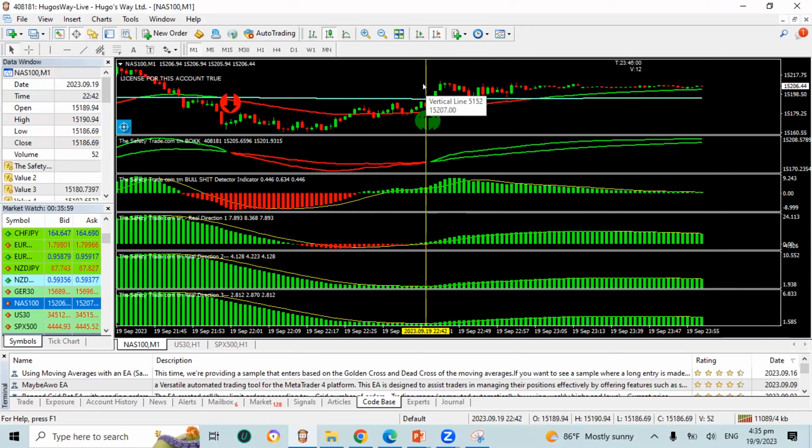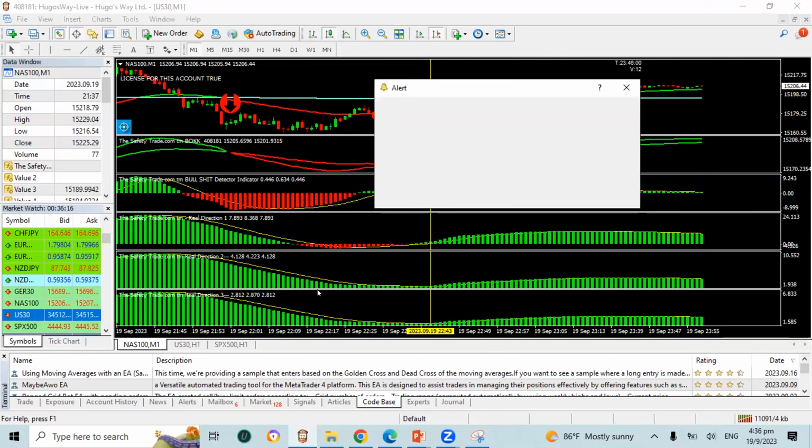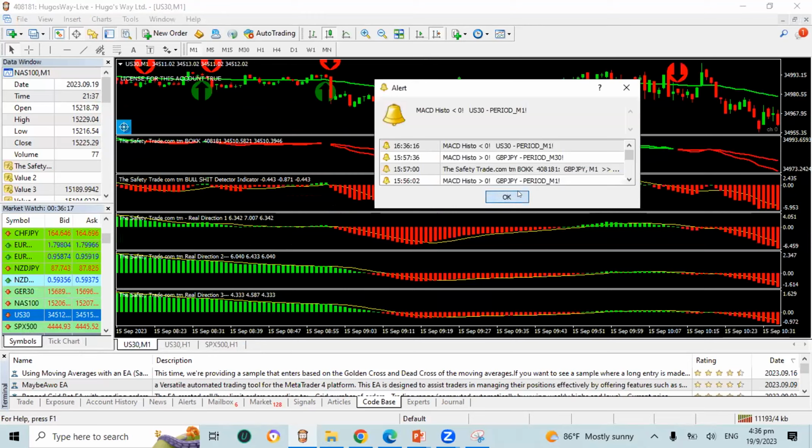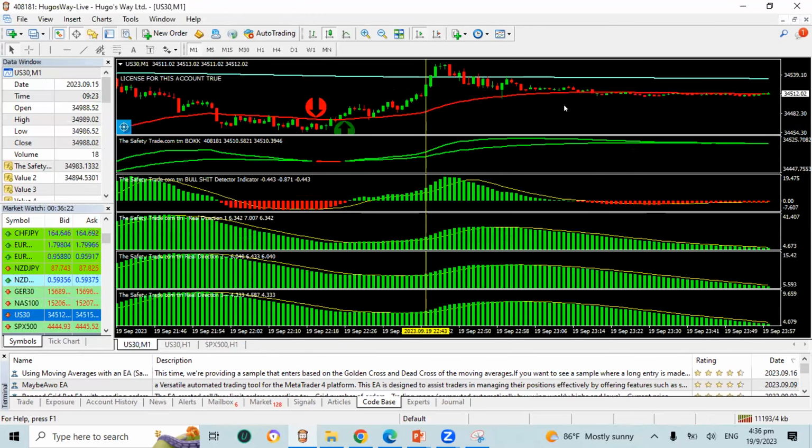So yellow is going to represent NAS, ladies and gentlemen. At about this point right here, NAS crossed over the 1 minute going upward. Now we're going to just drop the other chart. Let's drop the US30 and look what US30 is doing, also on the 1 minute chart, around about the same time here. Let's just come to the end of the chart right here. So when we look at US30, look what happened. US30 also crossed the line.